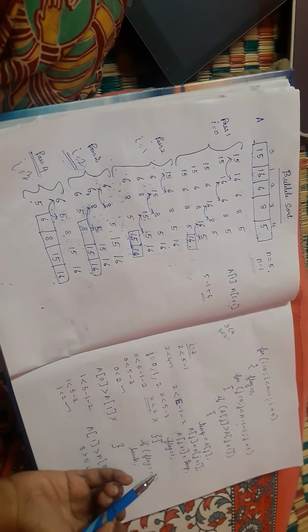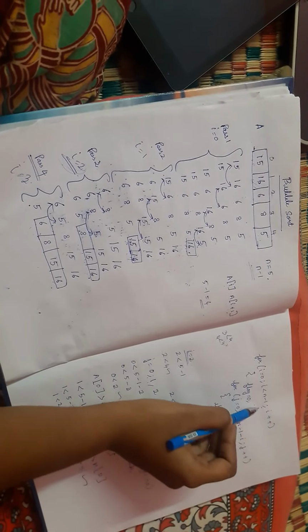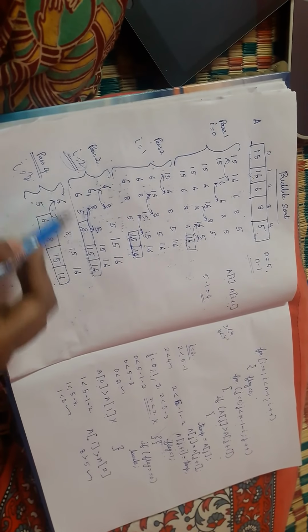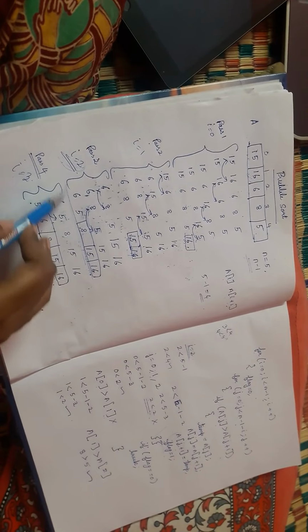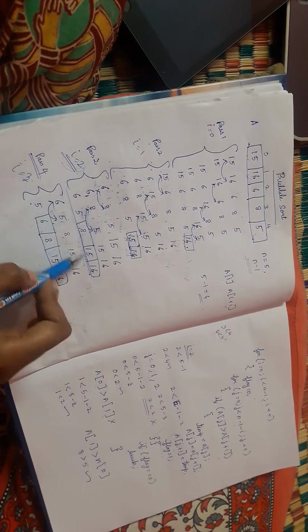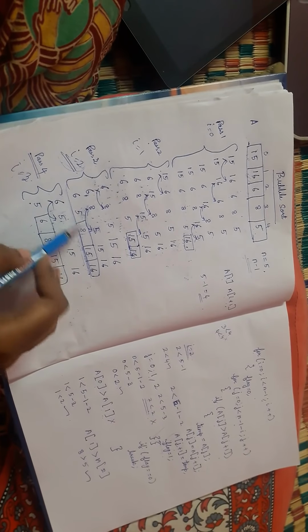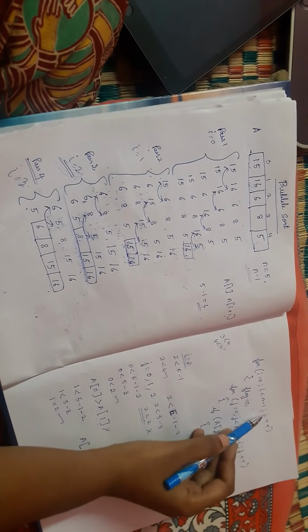Now flag is already set to 1, so I am going out of this loop. So again what I will do? I plus plus. So that only, we ended here itself. Now we will understand the bubble sort, I think so. So here itself, we did not compare the other elements. Here itself the shifting operations were over. Swapping operations were over. So again I will do the i plus plus.